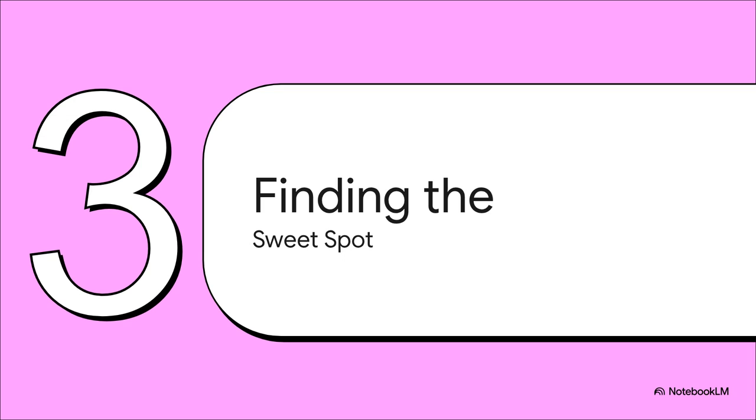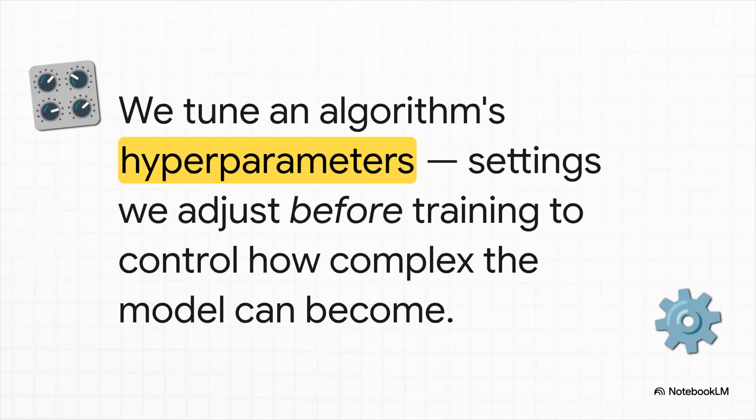Well, the good news is we don't have to just close our eyes and hope for the best. We actually have tools, really powerful tools, to steer our decision tree away from those extremes and right into that perfect zone of balance. The way we do this is by tuning things called hyperparameters. The best way to picture these is like control knobs or dials on a machine. They're the settings that we get to tweak before we even start training the model. And these knobs give us control over how the model learns, and this is the key part, how complex we're going to let it get.